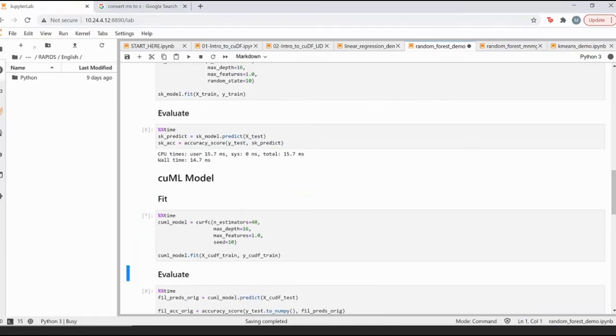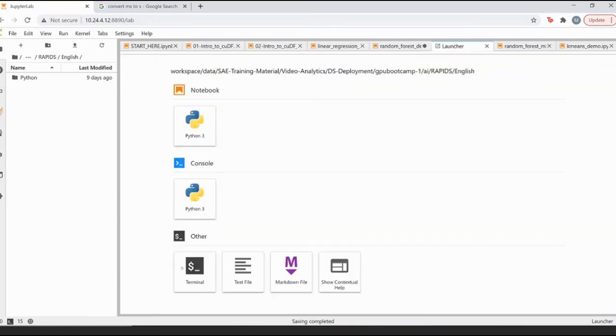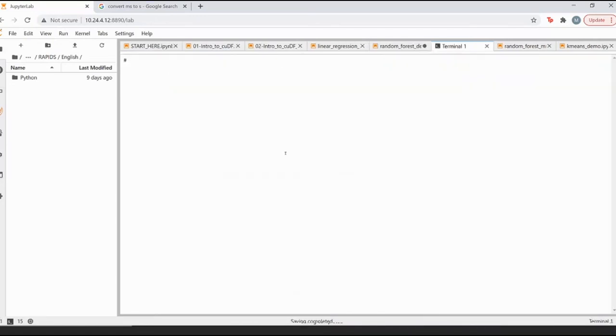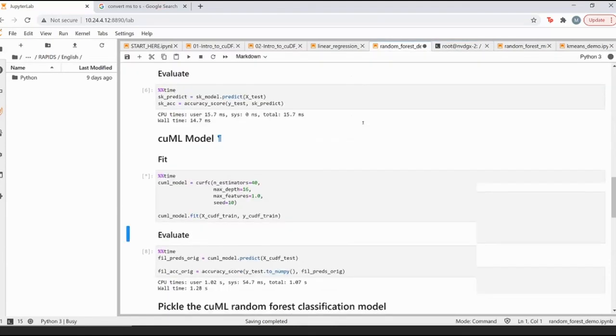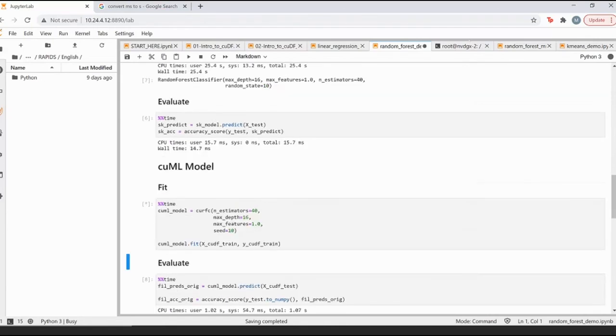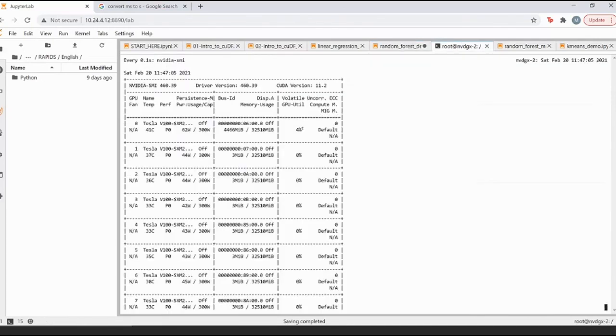Let me see if the GPU utilization is happening properly or not. Let me bash watch. Okay, so it looks like there is some utilization. Yeah, so for some reason it still shows me 9.35 seconds.